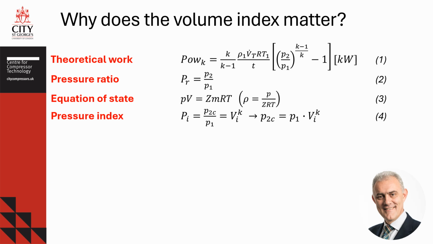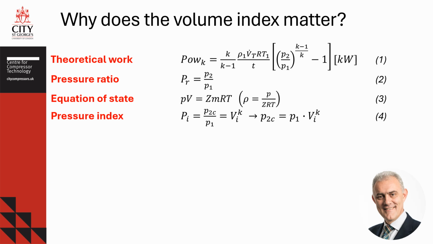The ratio of the discharge and suction pressures is called pressure ratio, as shown in equation 2. Relevant gas properties are the adiabatic index K, also known as Laplace coefficient or ratio of specific heats, calculated as a ratio of the gas heat capacity at constant pressure Cp to heat capacity at constant volume Cv. The other property is the gas constant R. Using the equation of state of an ideal gas shown in equation 3,